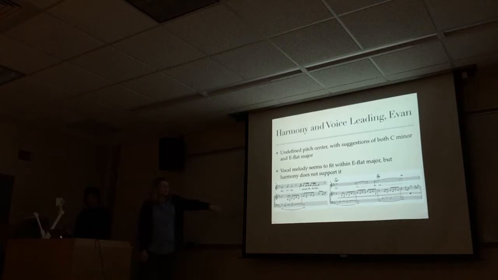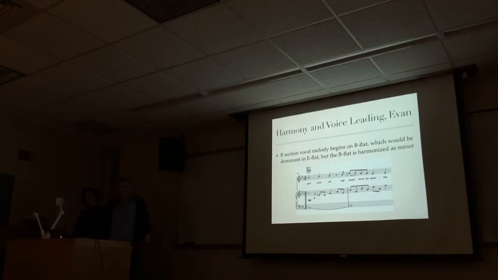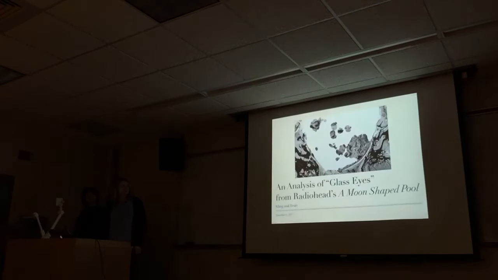So that's at the beginning of the track with the vocals, and that's the last of the vocals. So you can see the E flat at the end, where to me it seems like the vocal line is resolving up, but it's presenting the fifth of the A flat chord. So that goes more along with maybe a C minor reading in the harmony. I also felt like there was maybe a B flat emphasis, going up to a fifth in the B section, but that harmony doesn't really fit either since it's minor. So as you can see, we have different interpretations of that, but a lot of our ideas were really similar.